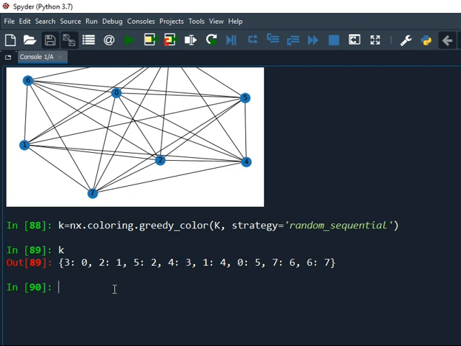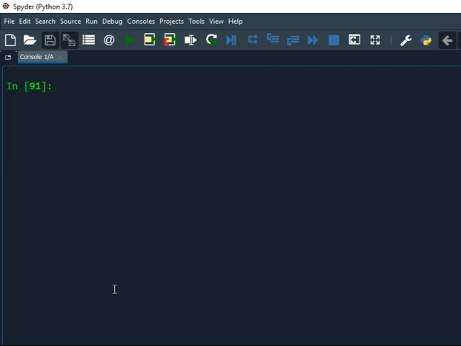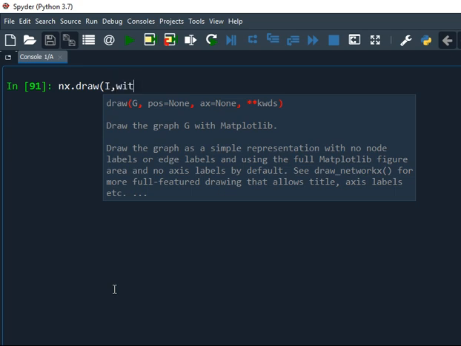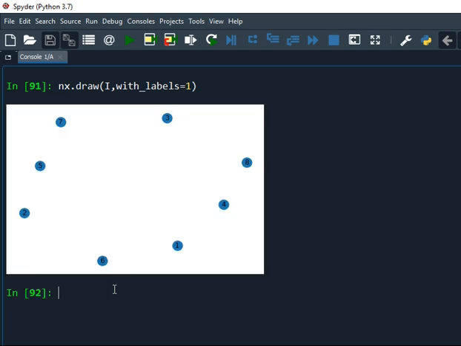Now let me talk about the complement of the complete graph. Let me consider the complement of K8. Let me draw that particular graph first and then we'll talk about its chromatic number. This is nothing but the complement of K8. No edges are present, so it's nothing but an independent set. So we can just assign a single color to all the vertices. Let's verify this fact.